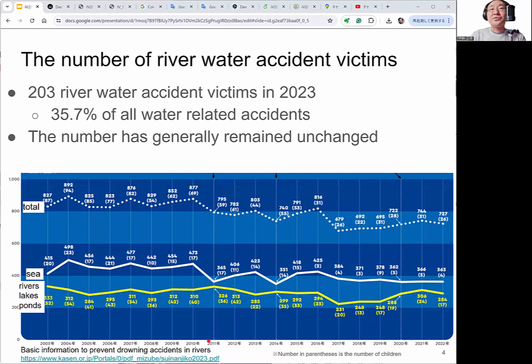And there are 203 river water accident victims in 2026. It's over 35.7% of all water-related accidents. And the number of accidents has remained unchanged for over 20 years.